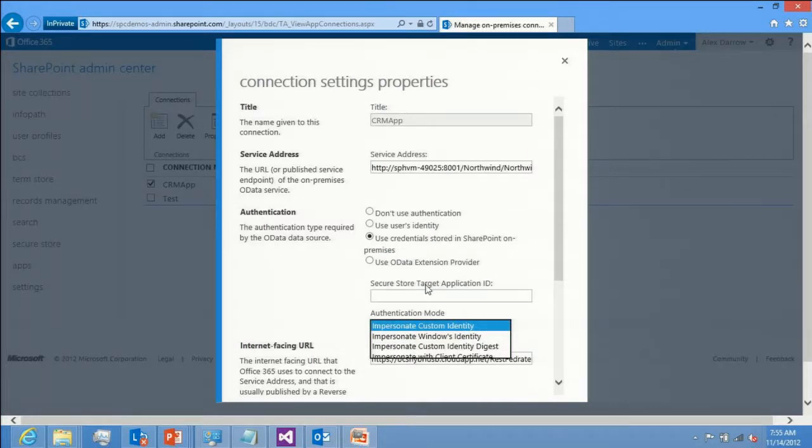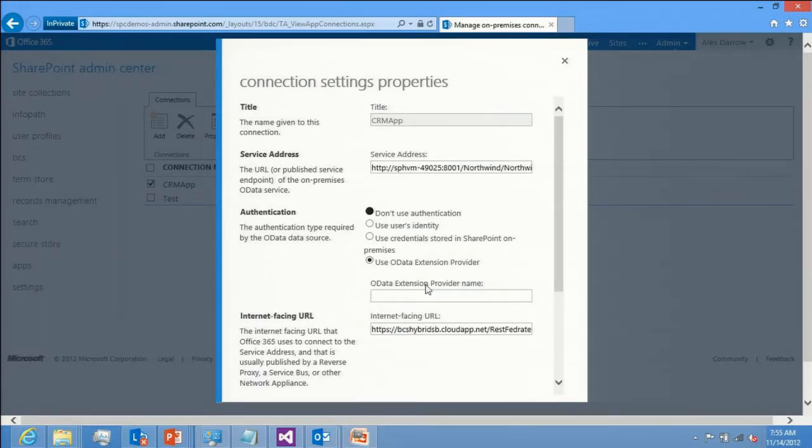You can actually configure that in this custom provider. And when I do the next demo, I'm going to show a use of that, because that's how we connect to SAP. And then you have different ways of setting that up, and those are the authentication modes. So again, for this simple case, the CRM app, we didn't actually use authentication, and I'll show you in the next demo a more complicated authentication scenario.